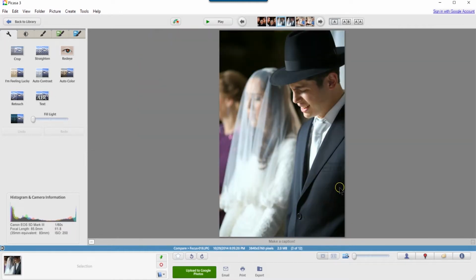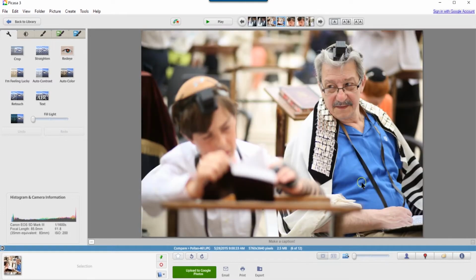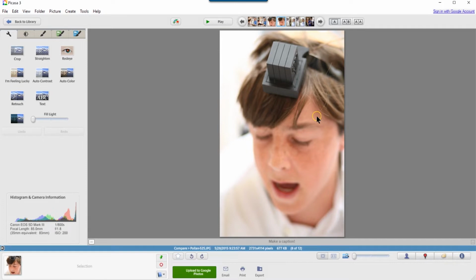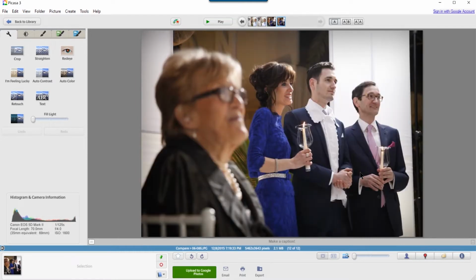This is a picture of the groom, a picture of the bride. This is a picture of the bar mitzvah boy looking at his grandpa, and a picture of the grandpa looking at the bar mitzvah boy. This is a picture of the boy wearing tefillin, and this is a picture of the tefillin being worn by the boy. The picture of grandma sitting by the wedding canopy,